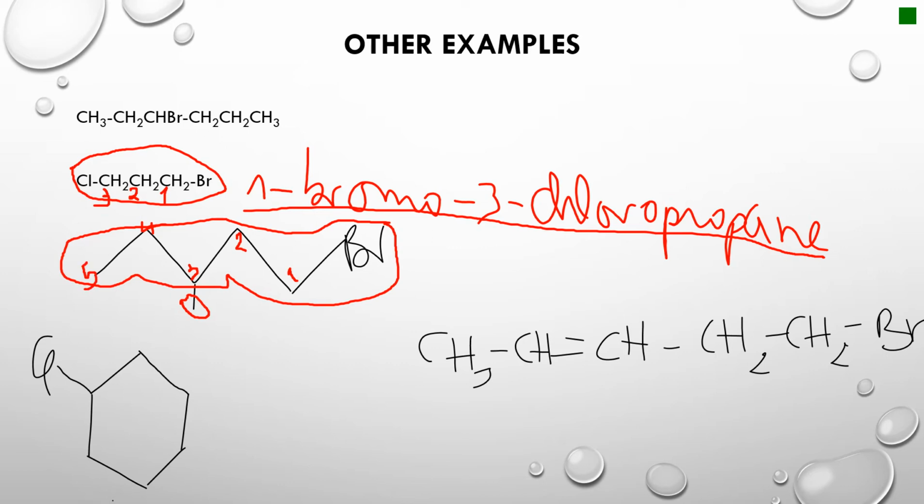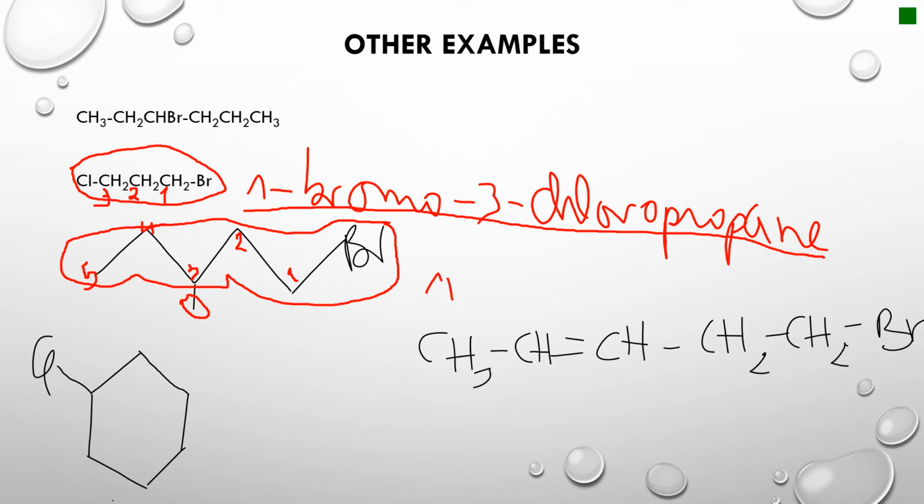We have 2 substituents here. We have a bromo and you have a methyl. We have to order them alphabetically. B comes before M. That's why now the name will be